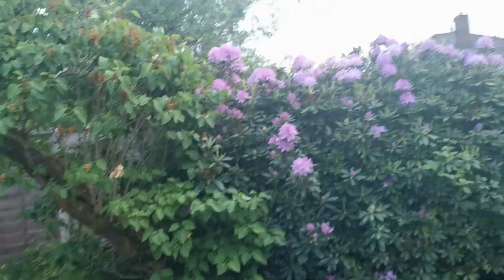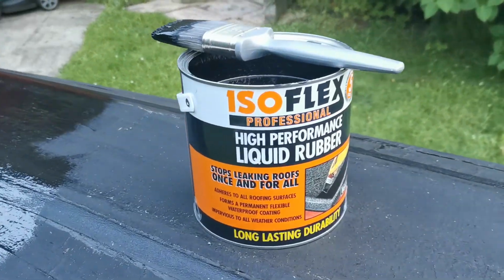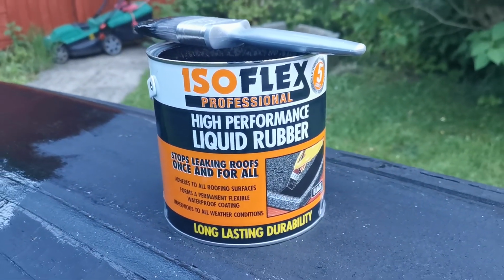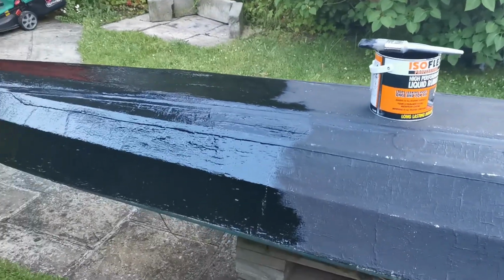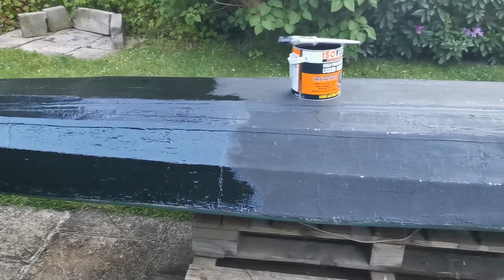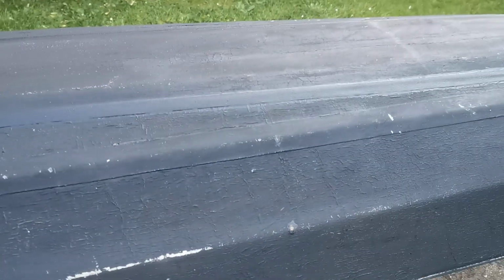I'm very excited. Finally, after a lot of research, I found this material to repair my Tyne folding canoe, and this is a roof repair material actually, as you would have guessed. They claim it's liquid rubber. Well, it definitely smells more like asphalt or bitumen, but since my boat skin is really badly deteriorated and